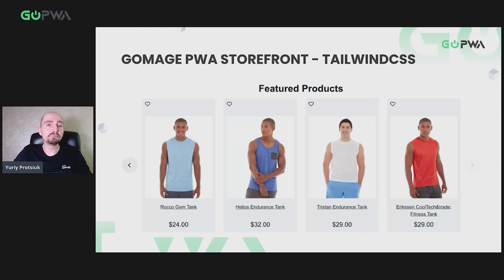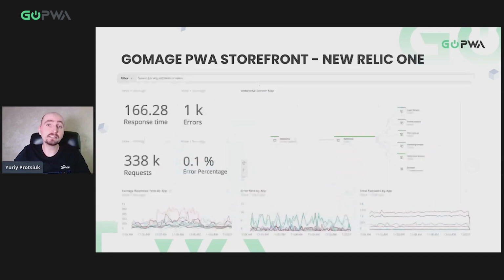Another dream that will soon be a reality is the integration with New Relic One, a powerful solution where you can view all your operational data. Well, consider the following case. You are working on a PWA for a client.